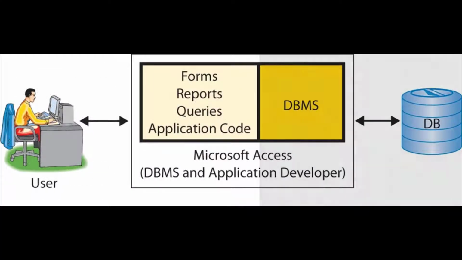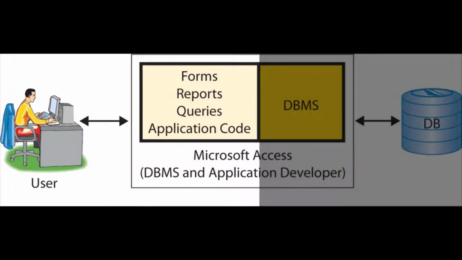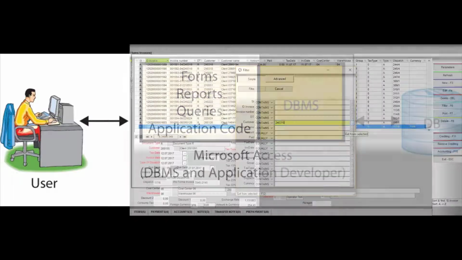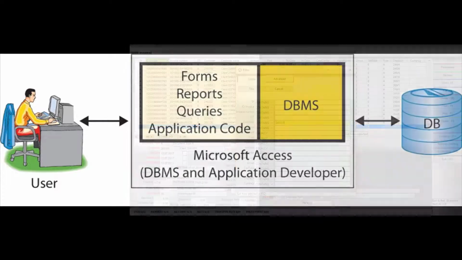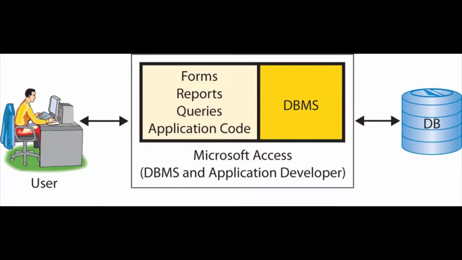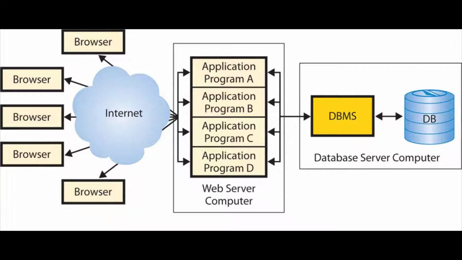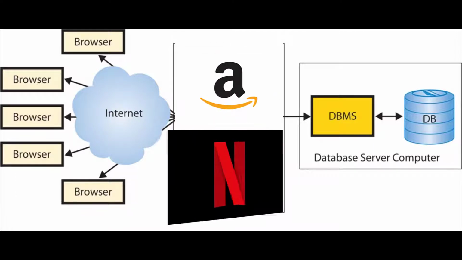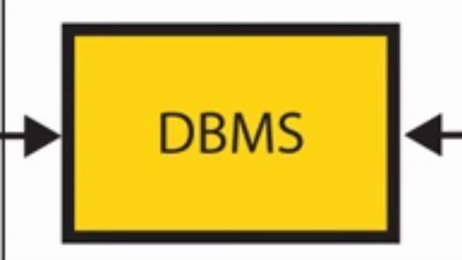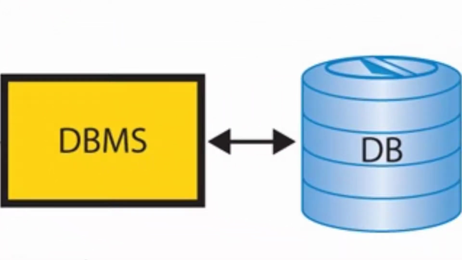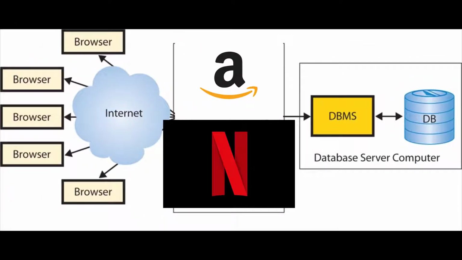Database applications are what most people see when interacting with a database. Most people don't even realize they're working with a database. Some people that work with data entry are using a database application to enter things like customer names and account information. But database applications can take many forms. Every time you're shopping on Amazon or browsing through a movie list on Netflix, you're using an application that interfaces directly with a DBMS. That DBMS uses SQL to check a database to see how much that vacuum cleaner is and how many are in stock, or who stars in that movie you're trying to watch and how many people liked it.